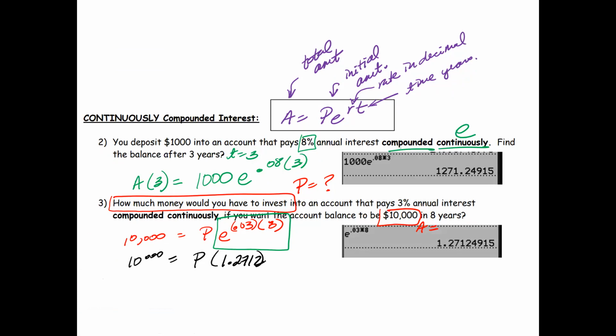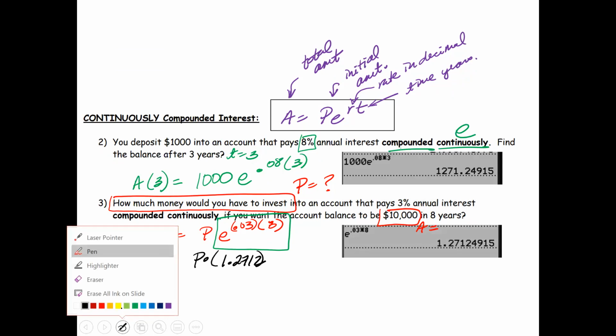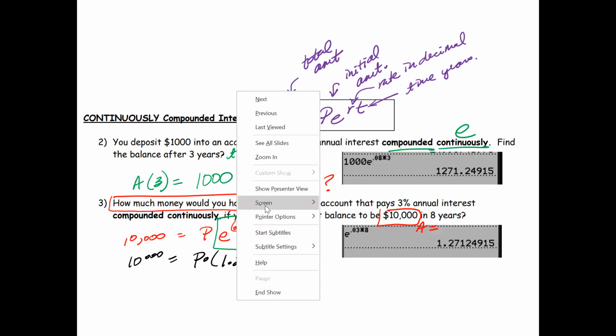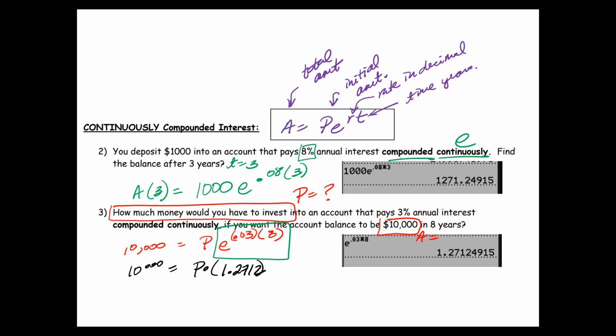How do you get rid of that 1.2712? Well, they're multiplied, so what's the opposite of multiplication? Division. So I'm going to divide 10,000 by 1.2712. I'm going to go back here and put 10,000 divided by my last answer, 1.2712, and so on. And it's going to give me